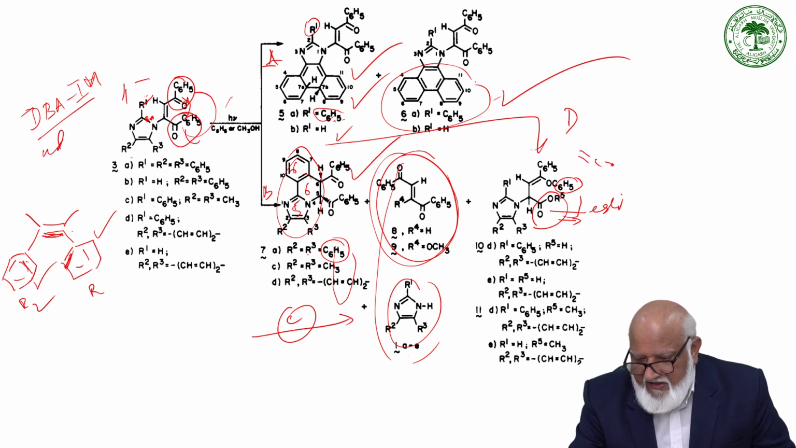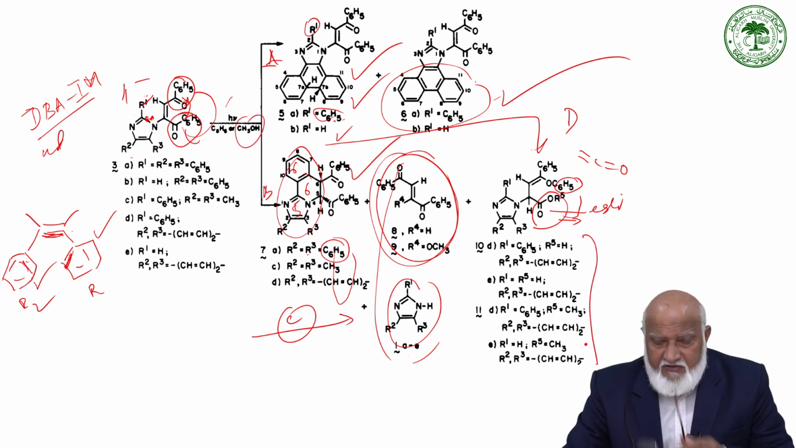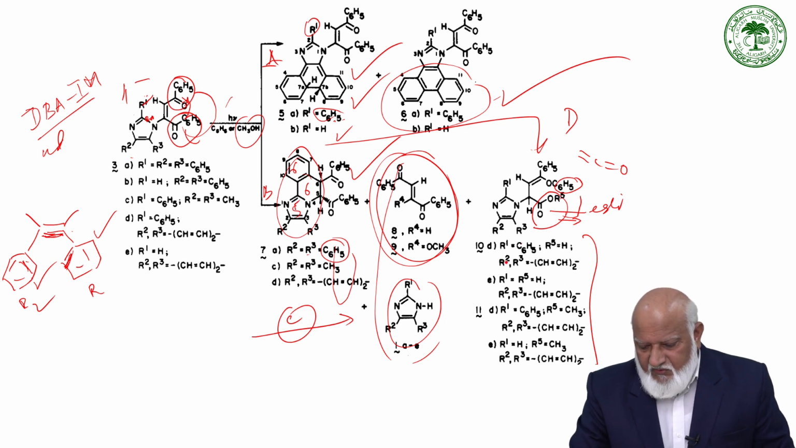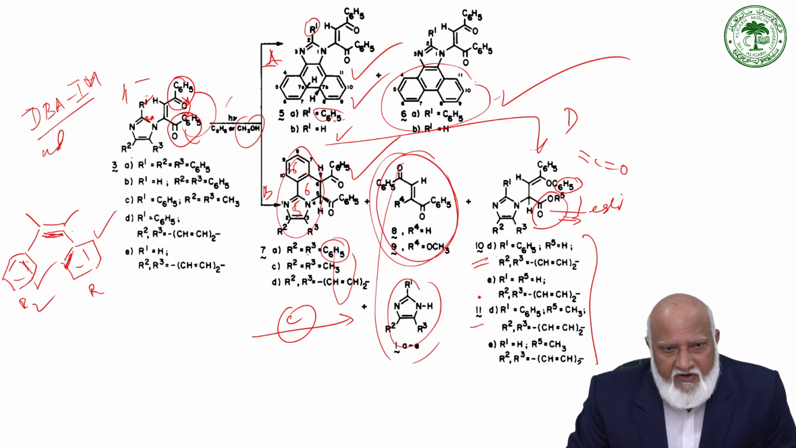This is an ester moiety which is formed from the ketene intermediate, which, in the presence of methanol as the solvent, gives an ester in all. So this product is very prominent in all these substituents, such as 10 as well as 11. So we can say that the photochemistry of dibenzoyl